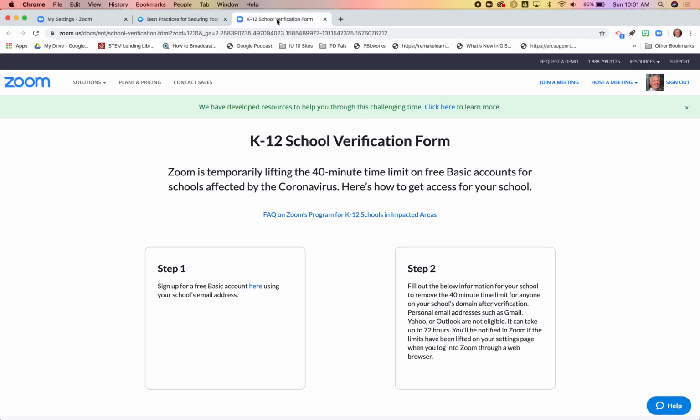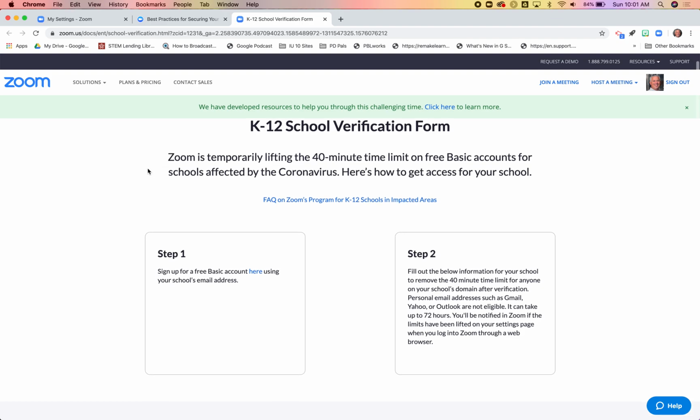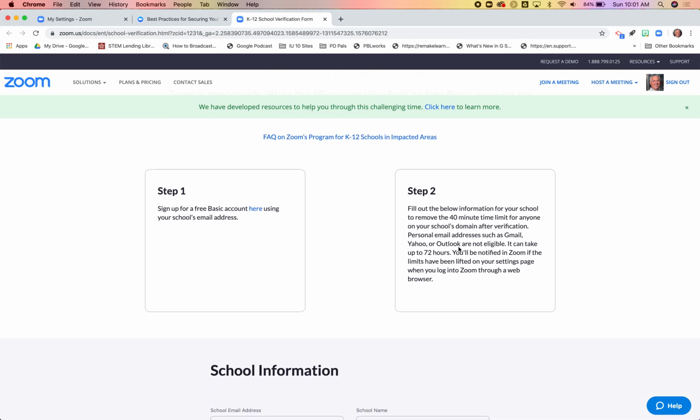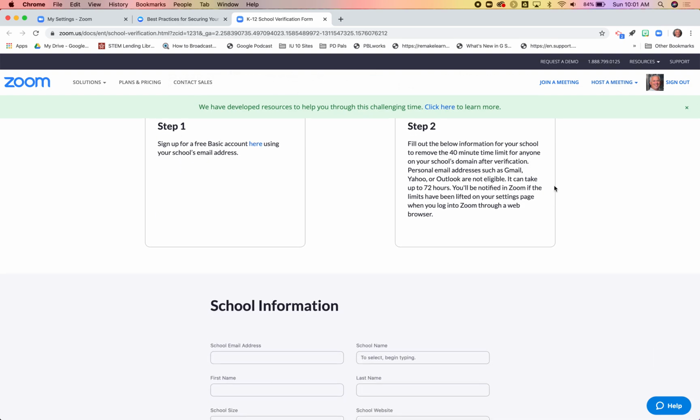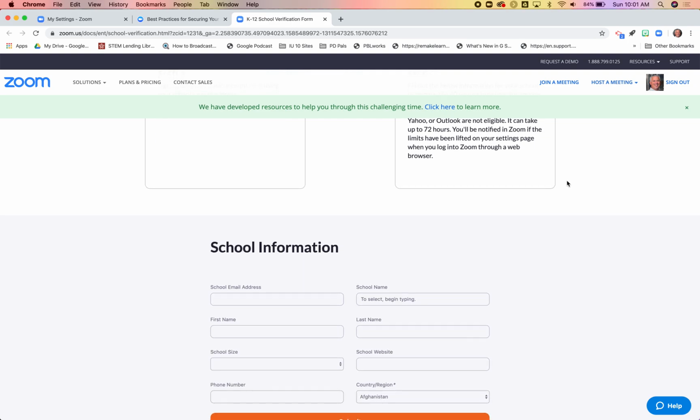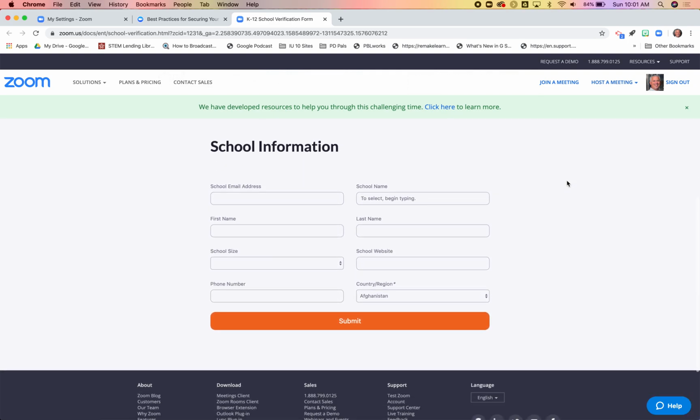The final thing to mention is that we've all heard that Zoom lifted the 40-minute time limit for those basic free accounts that a lot of us are using right now. However, that is not something that happens automatically. So what your school administrator, your district administrator needs to do is to complete a form, which is on this page. And if you just go to the blog and look for a March 13th post, you'll see the details on this. Only one person needs to do this. But once this is filled out one time, and it will take Zoom up to 72 hours to approve it,